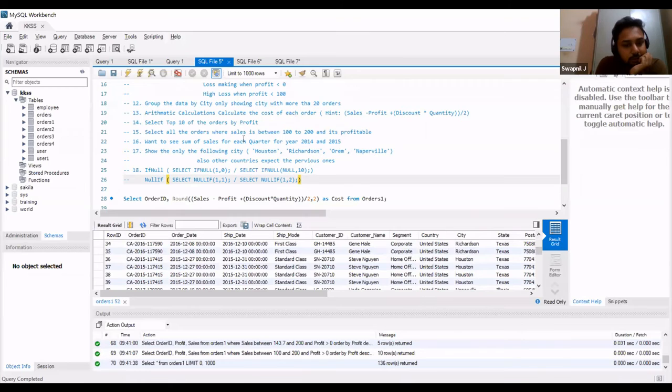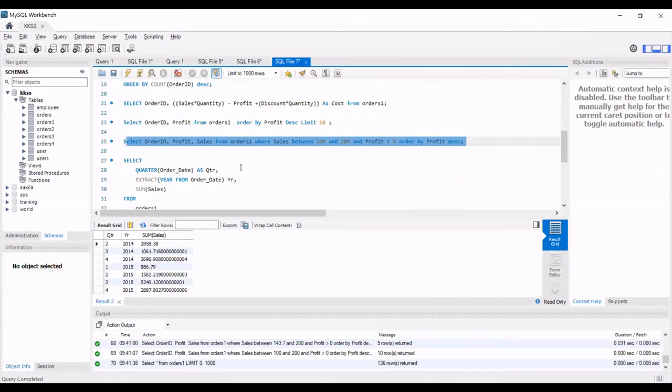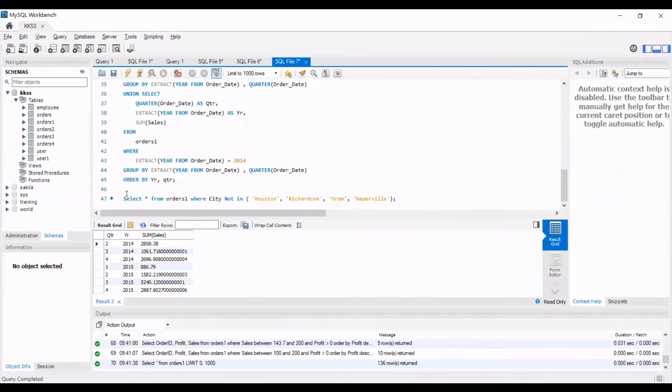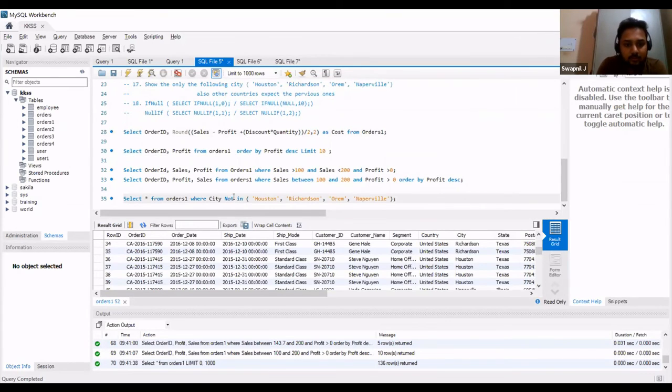So in the first, I just want my output to have only these 4 cities. How will you go about it? One way is doing city equal to this, or this, or this. Yeah. The other way is we have an IN function. Like between, you can use IN. So if I put an IN here, it will just check for these 4 cities and will populate only those cities.